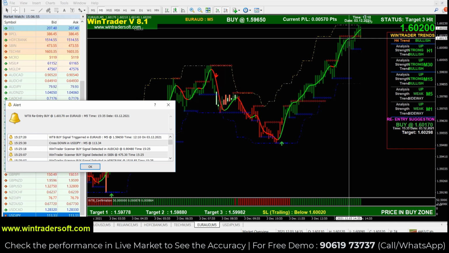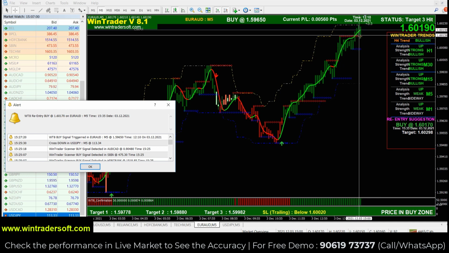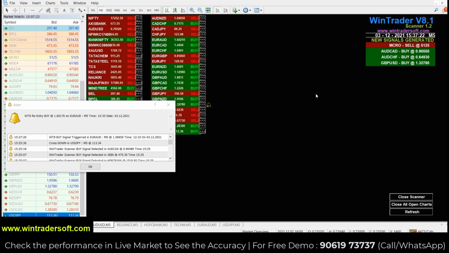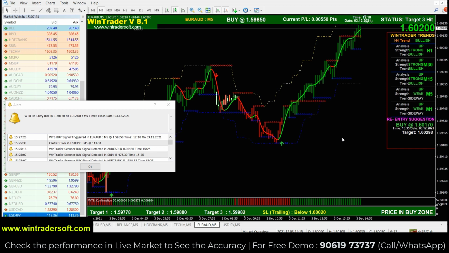And in this version you can see red stars, and below you can see blue stars. These red stars are the resistance level of the market. If you put your cursor on those red stars, you can see that resistance level. Likewise, you can put your cursor on the blue stars, and it shows the support level. So resistance and support will display in this chart. And this is our running scanner version 1.2. You can add whatever pairs you want in this scanner. Right now it's all live market, and I'm giving a live demo in this running market.